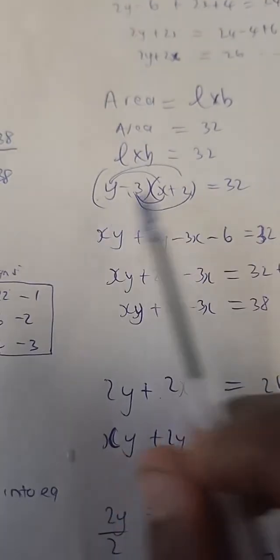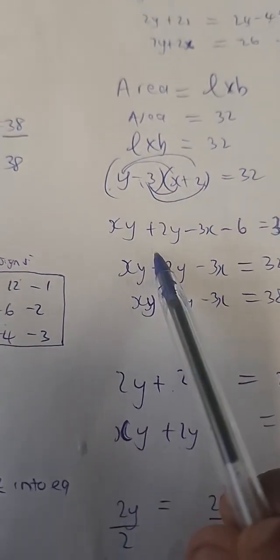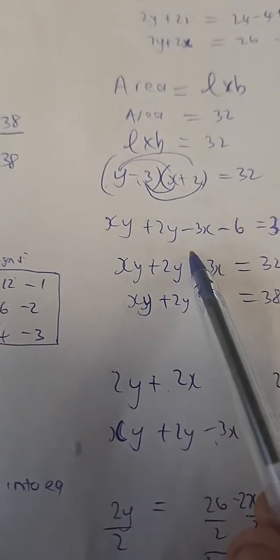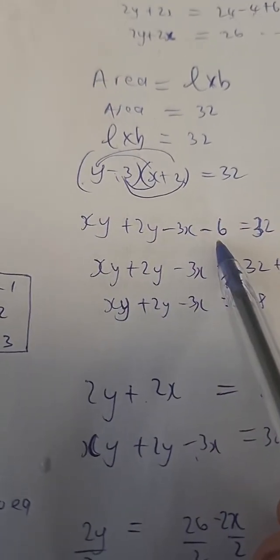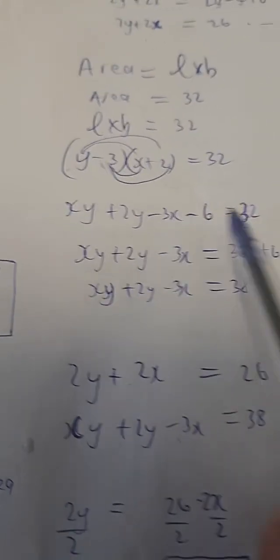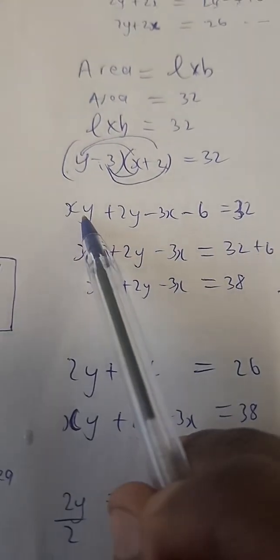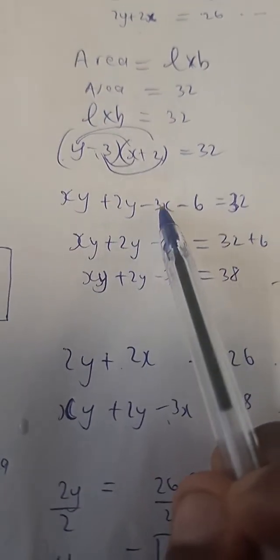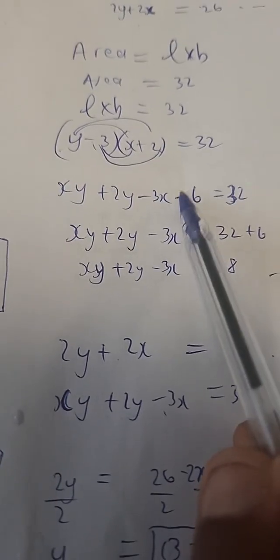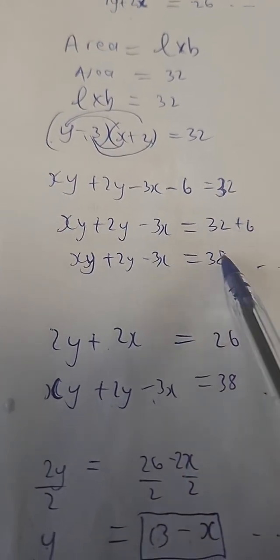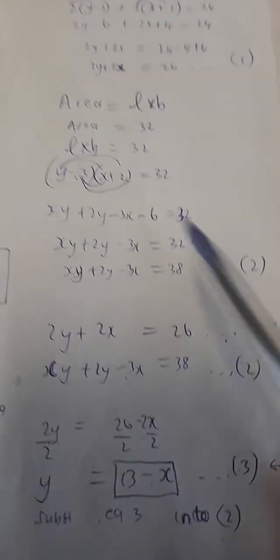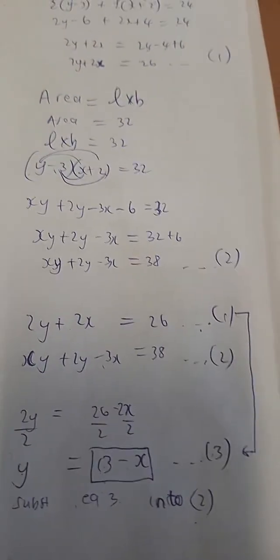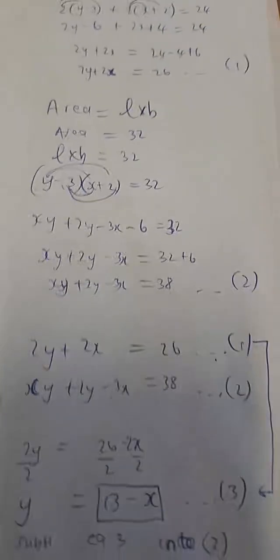I distribute: y times x is xy, y times 2 is 2y, minus 3 times x is minus 3x, and minus 3 times positive 2, negative times the positive is negative 6. Then I simplify: xy plus 2y minus 3x, transpose negative 6, becomes positive 6, 32 plus 6 is 38. This is my equation what? Equation 2. Now I am ready to solve two equations simultaneously because the question was saying